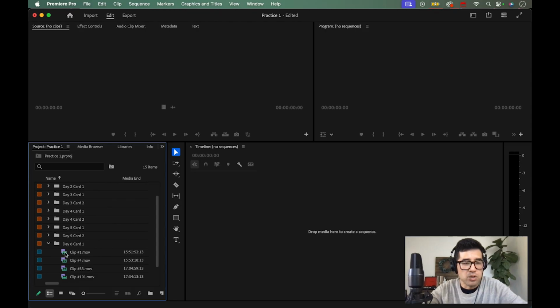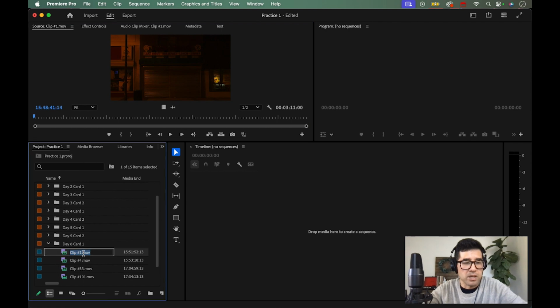Now be intentional about what you select, because if you double click the wrong part of this, let's say if I double click here, what ends up happening is I end up clicking on the text field here, which gives me the ability to change a clip name, which is good. You can do that, and it won't affect the file on your hard drive. So what's cool is that you can change this to anything you like. Let's say if I want exterior restaurant, that's totally fine,